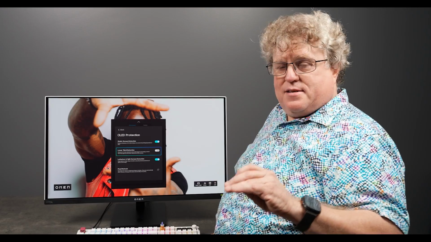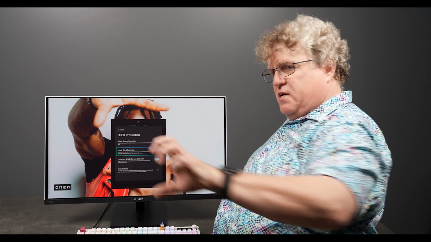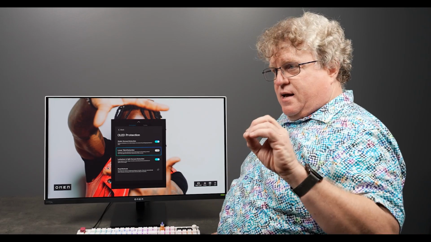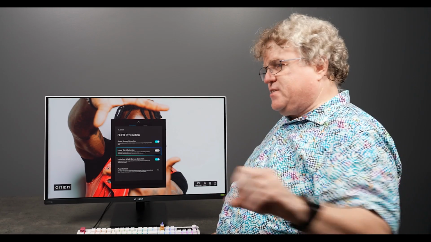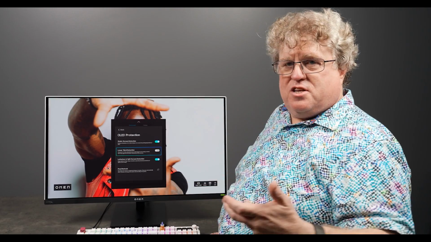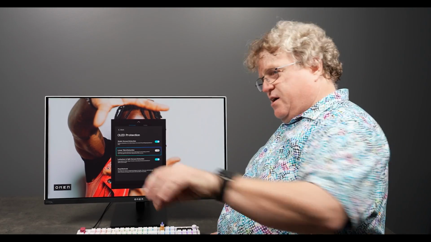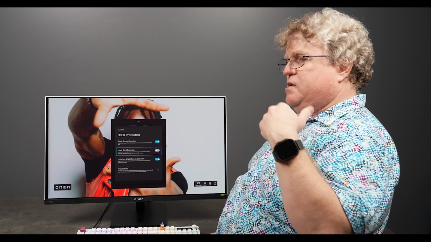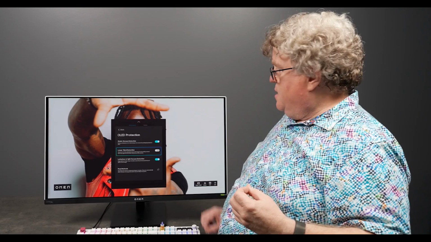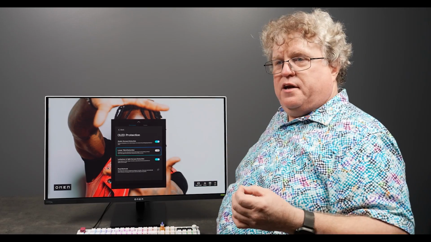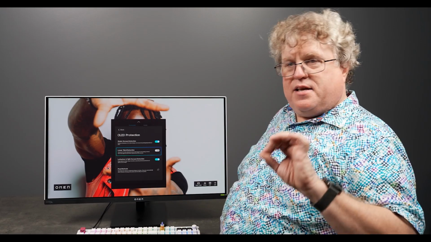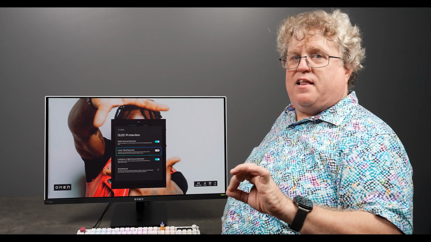The reason for that is that these broadcast news channels all have, in the bottom third of the screen, some sort of banner that contains, for example, comment on the story they're talking about or information about what's happening. There could be weather, there could be a tracker showing sports scores or what's happening in the world. Those things tend to be bright and highly saturated. If you turn lower third detection on, it is going to detect when those are present and dim and desaturate just that portion of the screen very slightly.